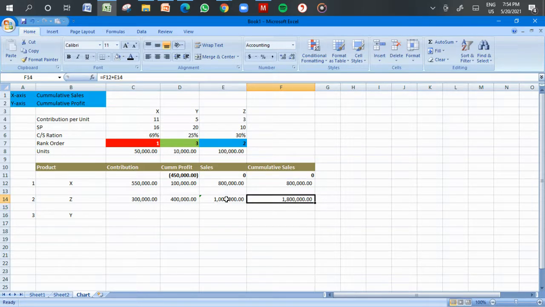So our accumulative sales will be 1.8. Okay, then number 3, our last product will be Y. So what will happen to Y? We will say